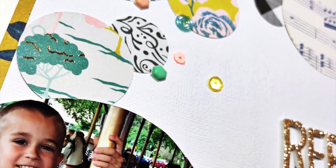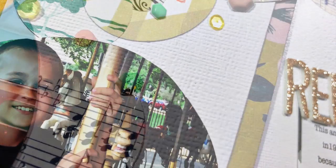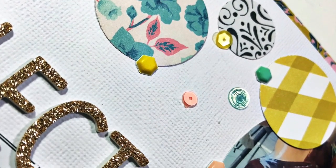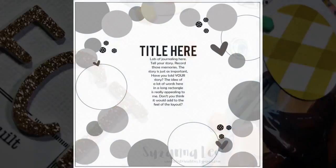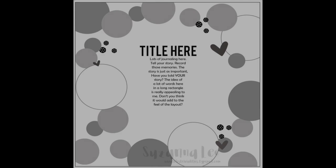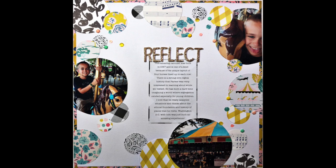So I definitely encourage you to find a sketch for something that is a struggle for you or some kind of design element you have a hard time with, and then stay pretty true to that sketch to give you a chance to kind of work with that particular thing. So for me, that's definitely circles, and so I hope that you enjoyed seeing what I did with them today,